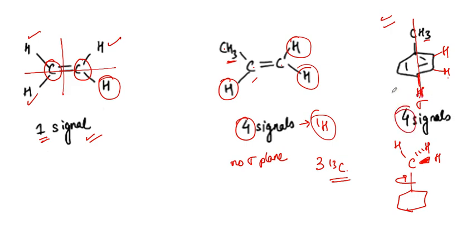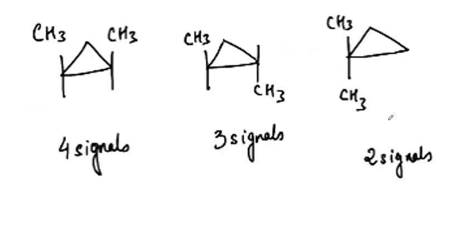How many signals for carbon? Let's see. 1 carbon, 2 carbon, 3 carbon and 4 carbon. So 4 different carbons, just a second. 1, 2, 3, 4, 5 carbons. So we are going to get 5 different signals for the C13 carbon spectrum, and only 4 different types of protons in the NMR spectrum. Very well. Let's now look at all of these examples as well.